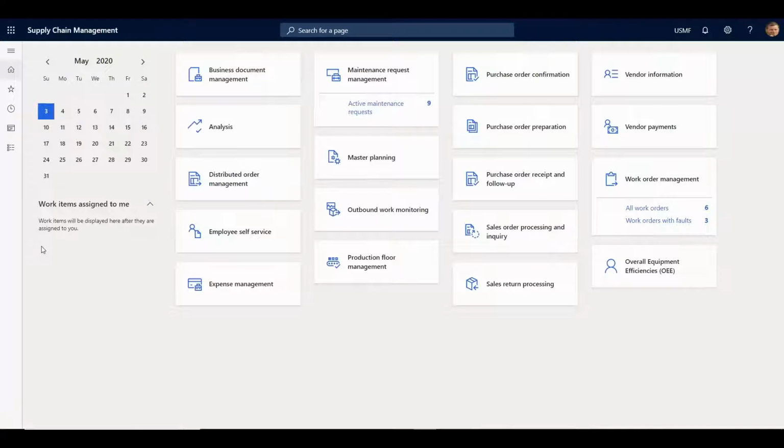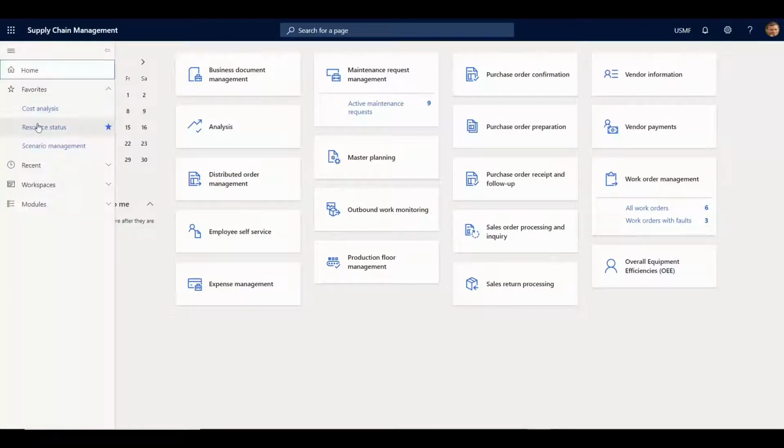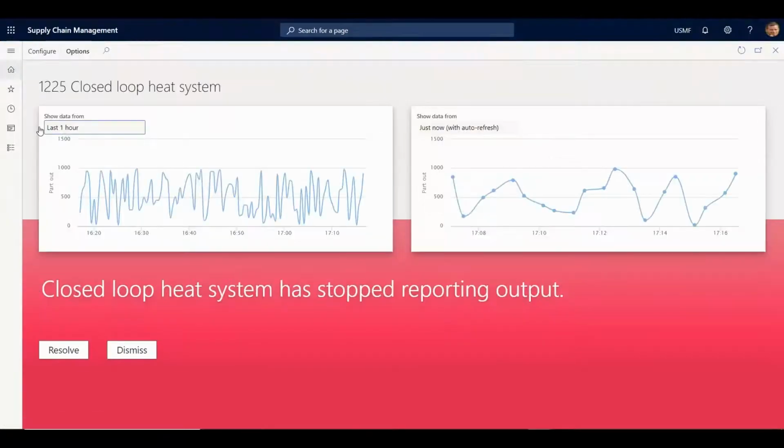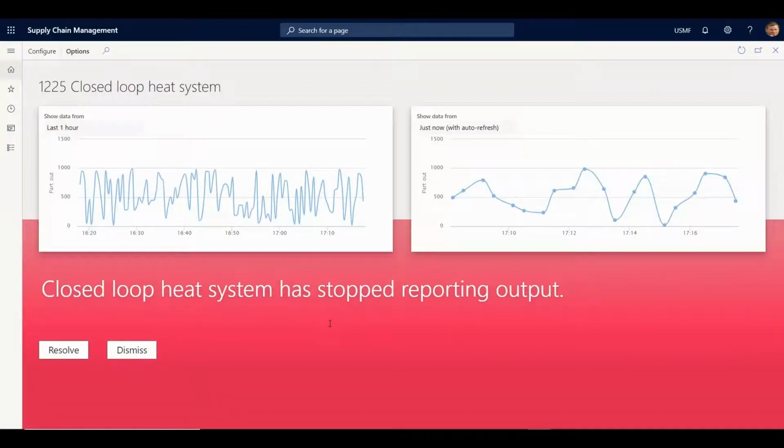Having confirmed that we have stock on hand, or we could utilize our requisition stock coming inbound, we can go in a moment to create a work order. But before I do, I just want to draw our attention a bit further into IoT intelligence, because IoT intelligence can also be used by a machine operator on a shop floor to monitor a piece of equipment, deal with any issues that may surface,